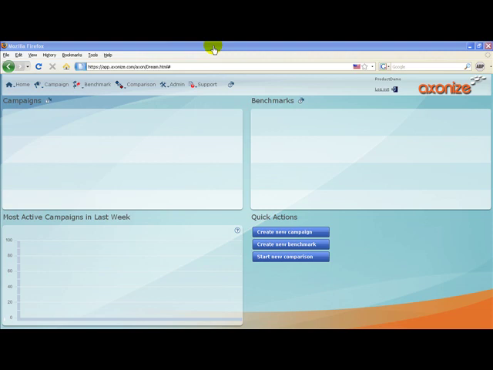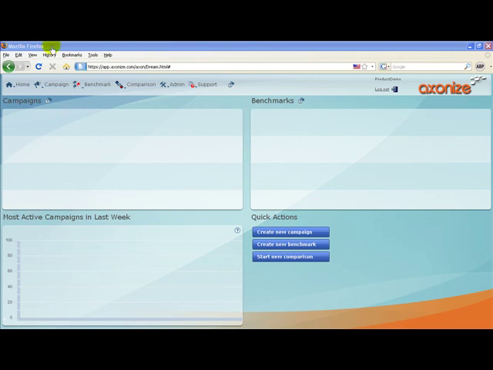A URL or a website campaign can aggregate all the conversations, that is web pages, visible on the internet that have an inbound link to your company's website or microsite. The Axonize Visibility Manager scans the web and finds all conversations visible in Web 1.2 and 2.2 media channels that have an inbound link to your website. It then aggregates them together in the form of a campaign. Let us now look at how we can create a URL or website campaign.